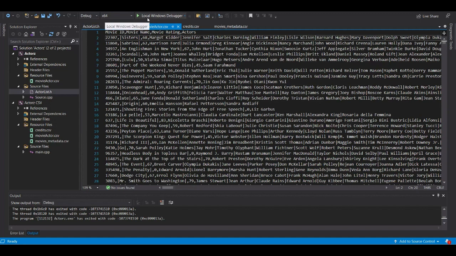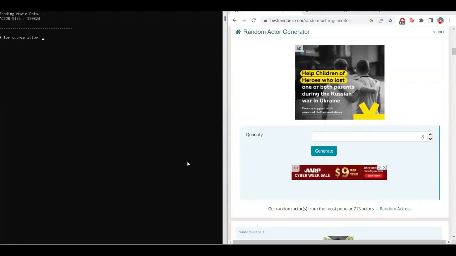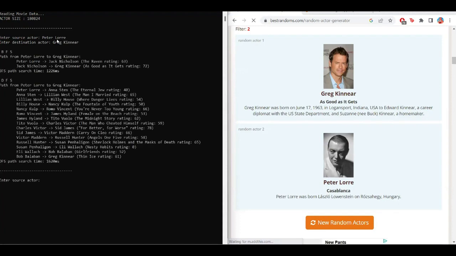So let's load the data into the graph right now and give it a second to run. So now to test our pathfinding algorithms, we see here that we have loaded in 180,000 actors from the database. And using this website, we're going to generate two random actors and see if we can find a path between them. So after we've generated the two actors, here we see that Peter Lorre has worked with Jack Nicholson in The Raven, a movie that received a 63